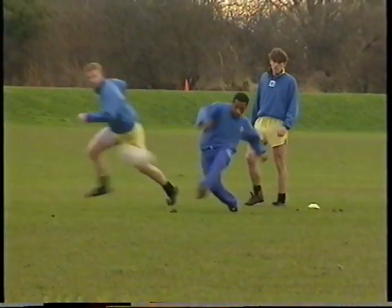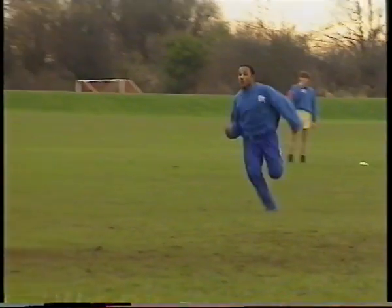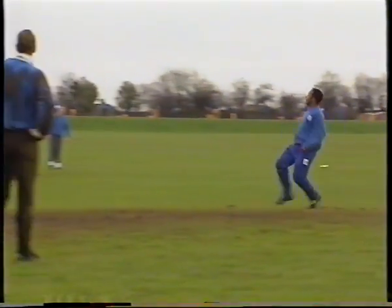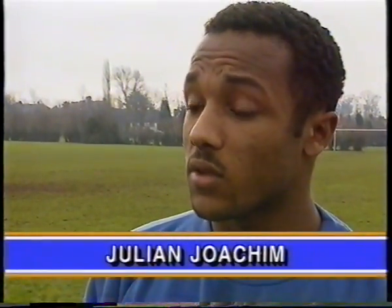Despite the attention his success has prompted, Joachim has shown no desire to abandon his Filbert Street roots. Instead, a new 4-year contract has confirmed his wish to share his bright future with Leicester City. I'm loving every minute of it, and you know, I've just signed a new 4-year contract, so you know, I'm